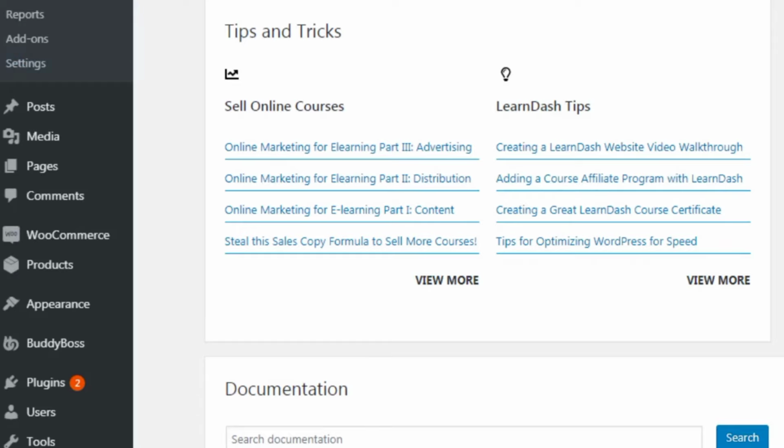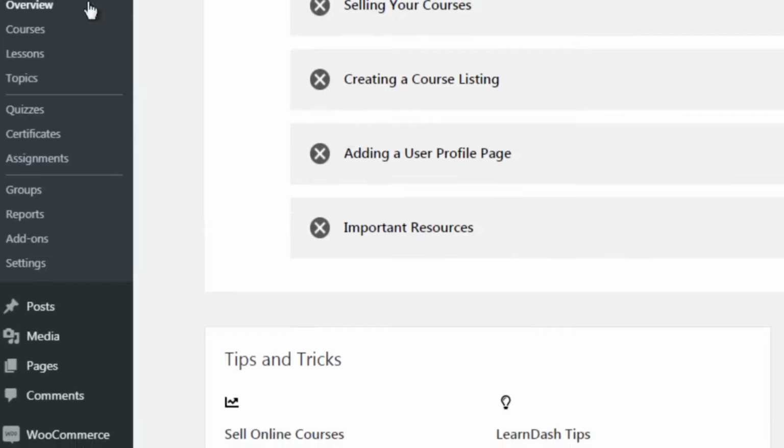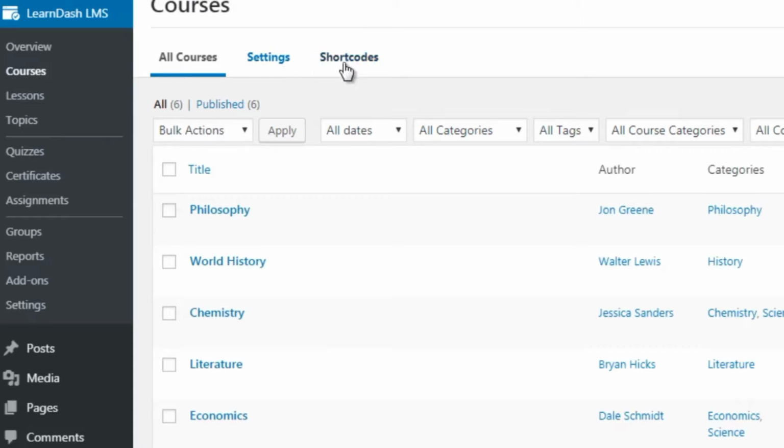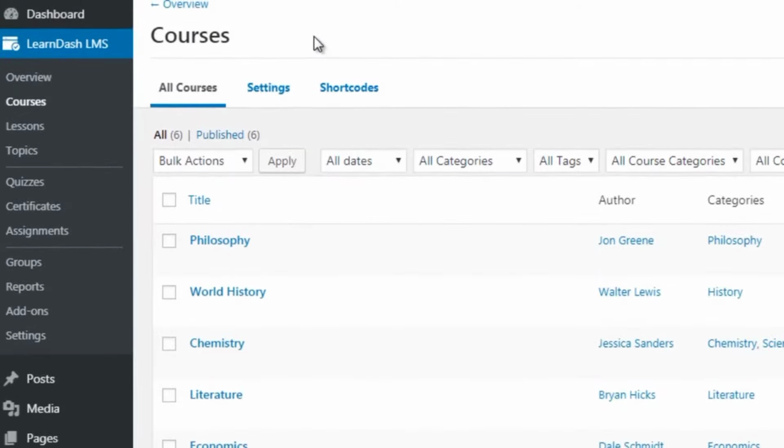Now, if we scroll up here, under LearnDash LMS, we have courses. That's pretty self-explanatory, but courses are essentially a series of videos. One course could have different lessons. Think of lessons kind of like a section. So for example, you could have section A, section B, section C, and then within the lessons, you can have topics. This will give you a better idea when we take a look at a live site.